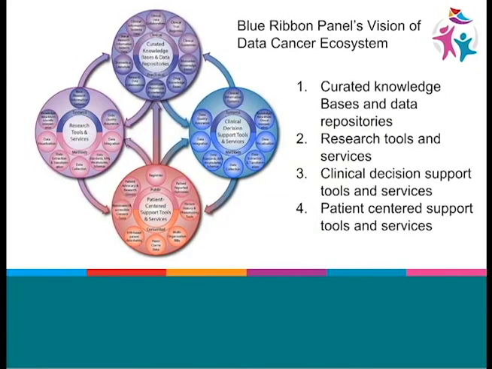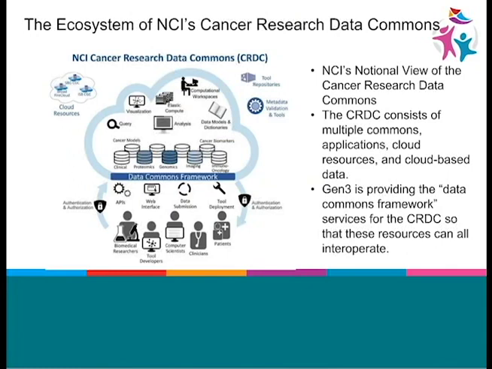This diagram shows the four hubs: knowledge bases and data repositories, research tools and services, clinical decision support tools and services, and patient support tools and services. So we're going to focus on a few of these right now. And the question is, how do you go from this diagram in the Blue Ribbon panel report to something that's an actual system? So one step was taken by the NCI's interpretation of this through what's called the Cancer Research